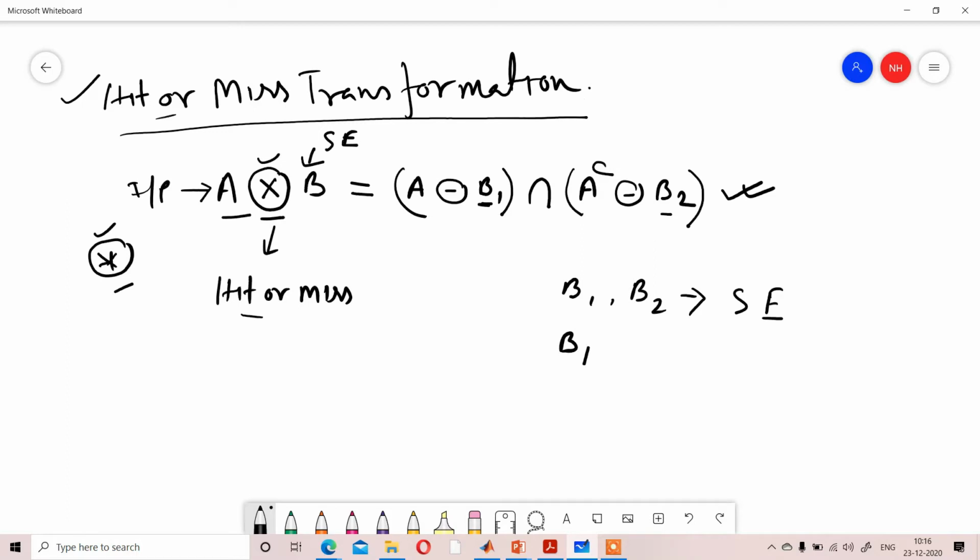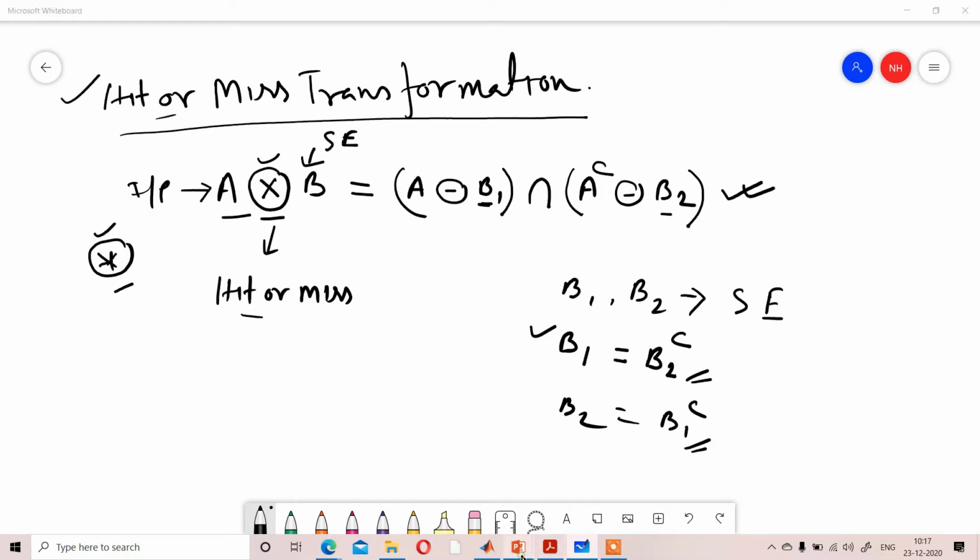If only one structuring element is provided, then either you take B1 as the complement of B2, or you can take B2 as the complement of B1. Whichever is provided, the other will be the complement. So that is the structuring element you have to consider. This is the formula to calculate the hit or miss transformation, but you need to check the example, then it will be more clear to all of you.